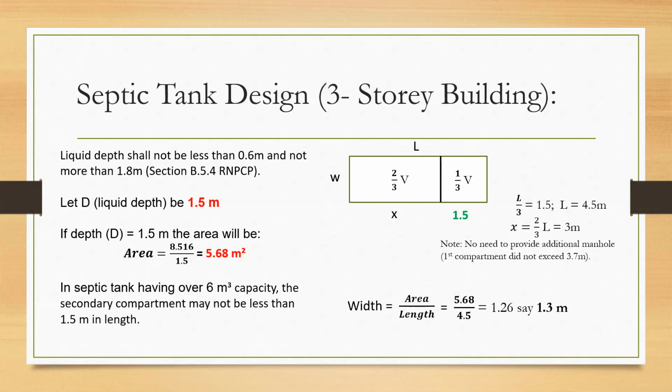Now, if I will divide the volume by the depth, I will get area. Pero net po ito. Hindi po kasama ito yung partition, yung baffle walls. Net po ito. Okay? 8.516 divided by 1.5, that is equivalent to 5.68 square meters. Meron na po akong area ngayon. Okay? Now,